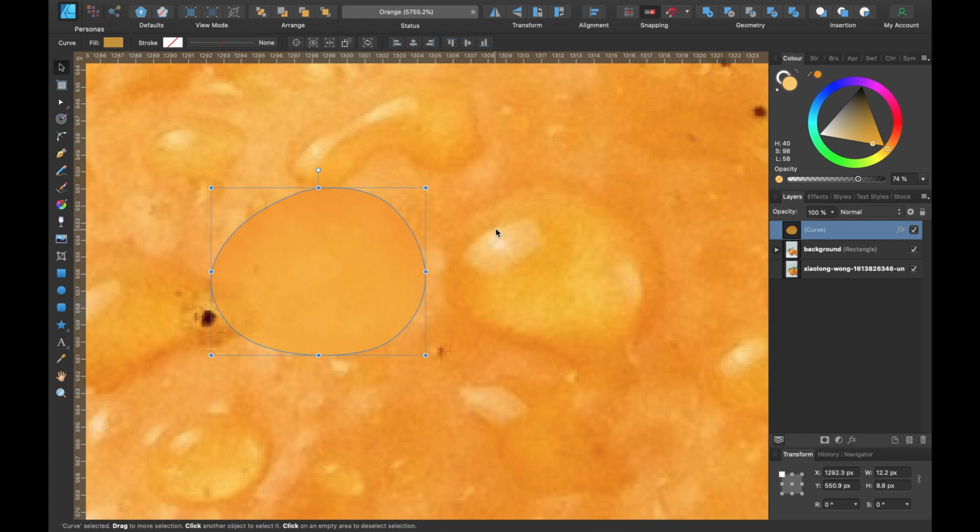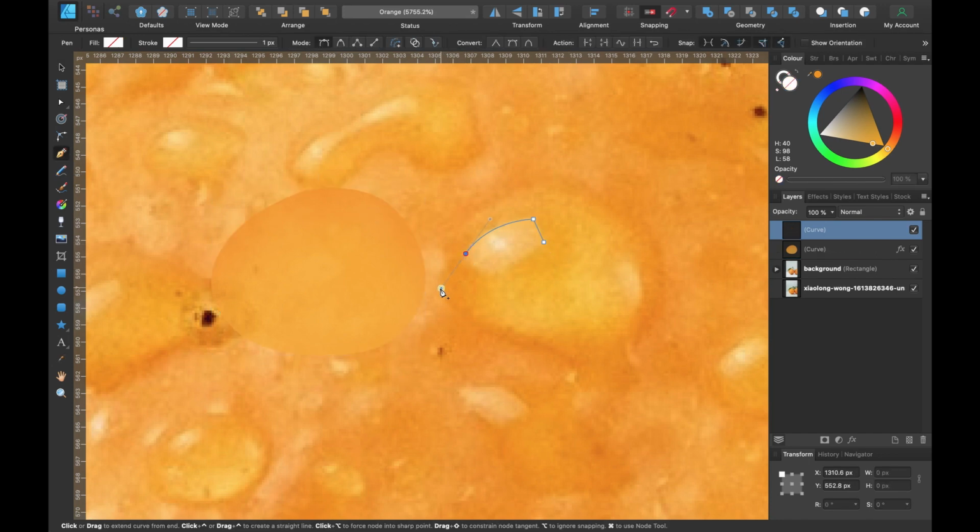Okay, the next thing we're going to do is draw these reflections here. So I'm going to draw exactly the same reflection that that one has. I'm just going to grab the pen tool and click around. Press Control to get rid of that handle. Something like that, so it's kind of similar. And I'll click and make it white.